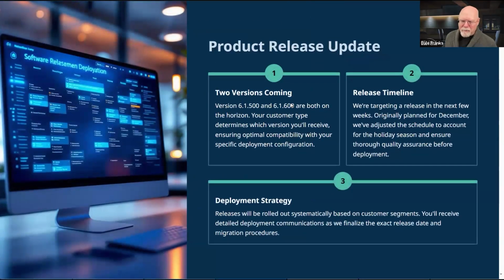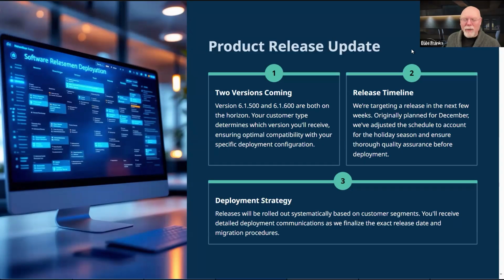Let's talk about that. I have talked a lot about 6.1.500 and also 6.1.600 a little bit, and I think we talked about it last night. By the way, I just want to note that the AI text in this image is garbled. I wish I'd noticed that prior to this, and I would have tried to find something that either had real English in it or had no text at all. In any event, just an amusing sidelight.